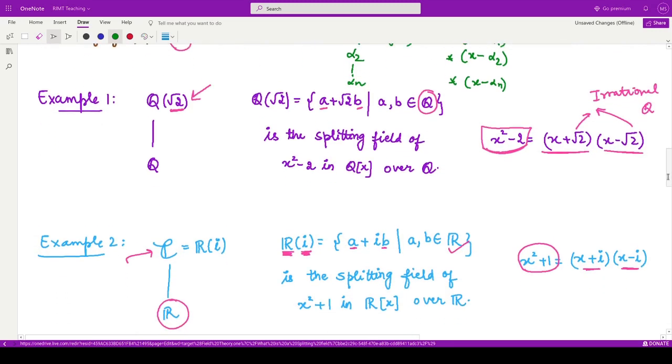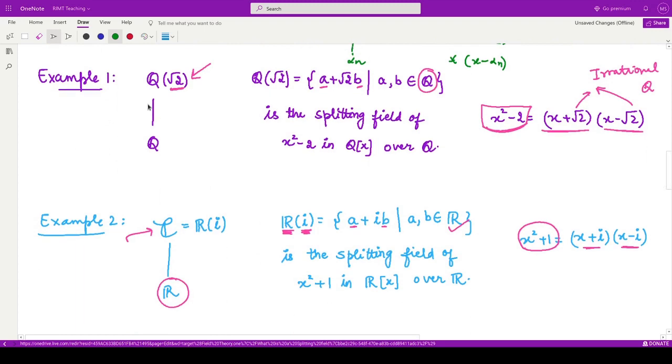In the last class, we also studied examples of this. For example, we have the polynomial x square minus 2. What are the roots for this polynomial? The first root is square root 2, another root is minus square root 2. So its factors are x minus square root 2 and, according to the other root, x plus square root 2. Both are linear factors, and the coefficients of these factors are from this field Q, where square root 2 has been adjoined to it, right? Because 1 obviously belongs to the field of rationals, whereas the square root 2, yes,